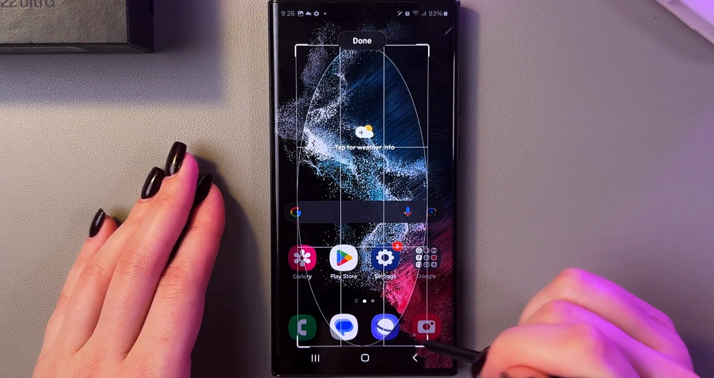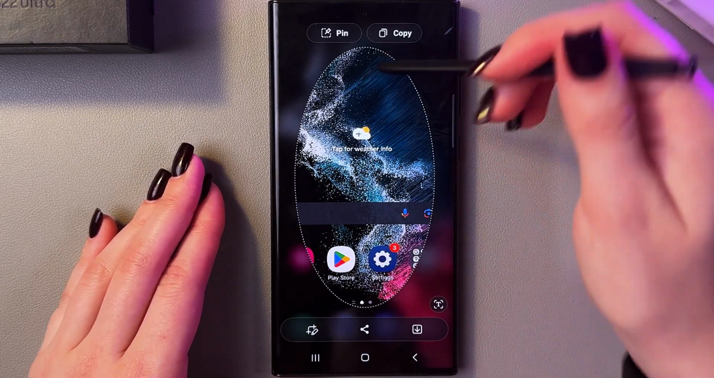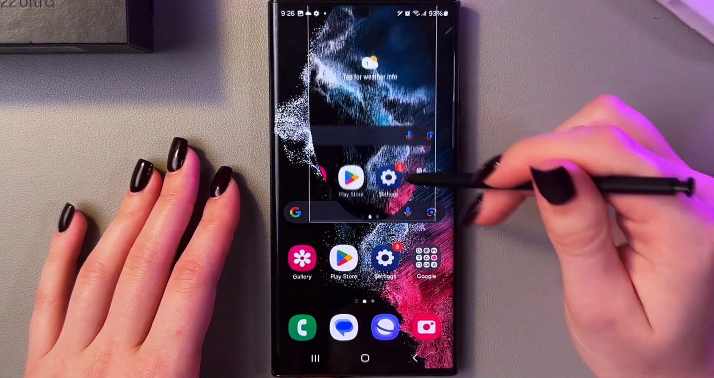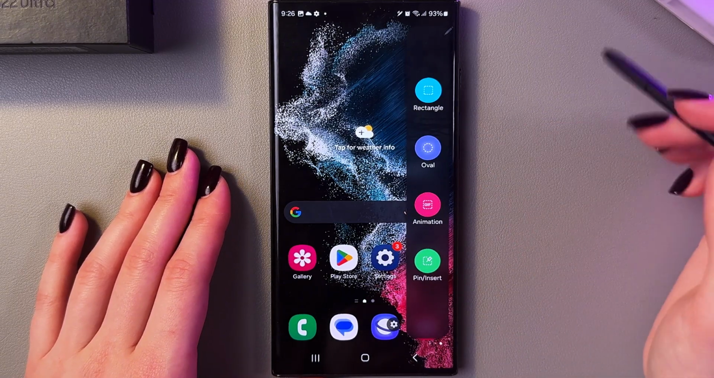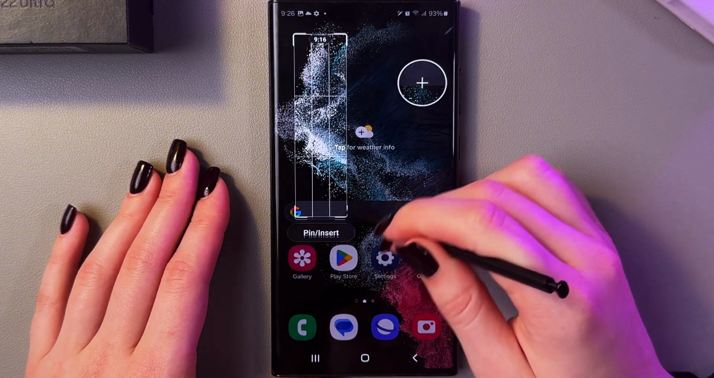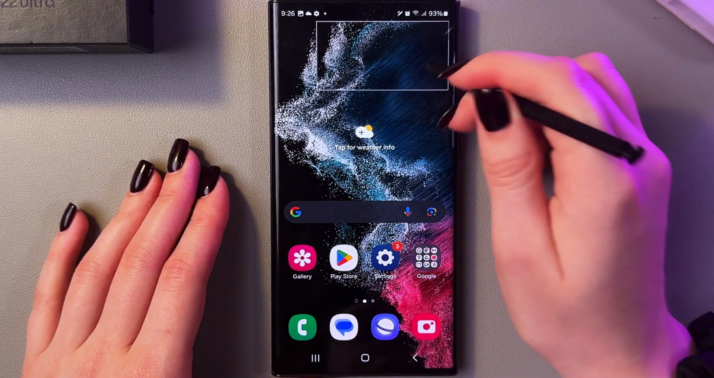And here just follow the same steps. Tap this done button, and now let's, for example, pin it, and here is how it will look. And also you can close it right now, and you can see this pin and insert. You can also adjust the size of the picture here, select pin and insert, and here is how it will